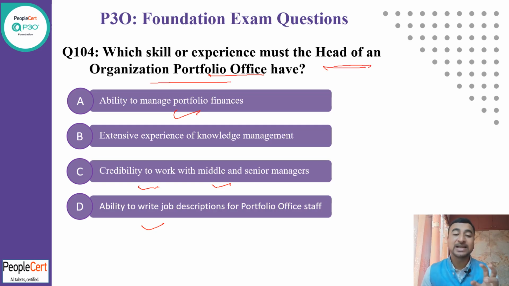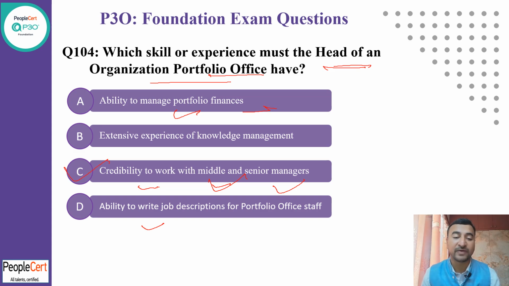That is a key leadership and management role, who reports to your portfolio director and so on. He needs to run the show on a day-to-day basis and reports to the project or program sponsor. So I believe credibility to work with middle and senior management seems to be the most correct,